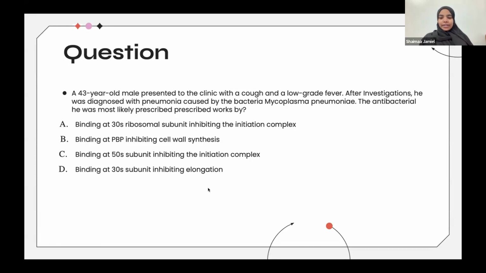So the answer is actually D, because I'm going to go over all the mechanisms of action in a while, but basically the drugs that cover atypical bacteria like Mycoplasma and Chlamydia, the mnemonic is FAT: fluoroquinolones for F, A is for azithromycin, which is macrolides, and T is for tetracyclines. However, this option is not the mechanism of action of macrolides, although they do bind to 50S. So macrolides is the correct drug, but this is not the correct mechanism of action, and we're going to see